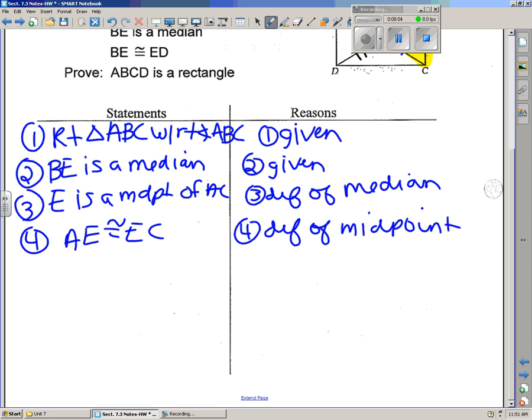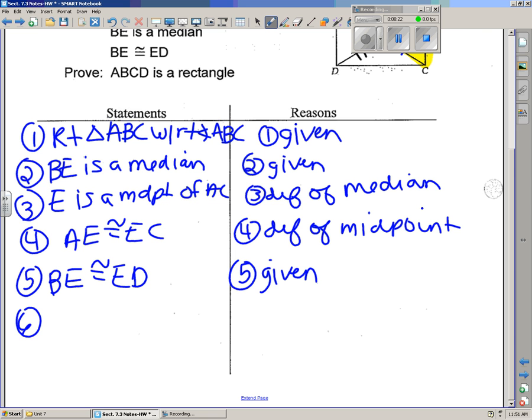We also were given that BE and ED are congruent. So this was given. And then we also said that, well, if that's the case, these diagonals are bisecting each other. So then we know for sure that ABCD is a parallelogram